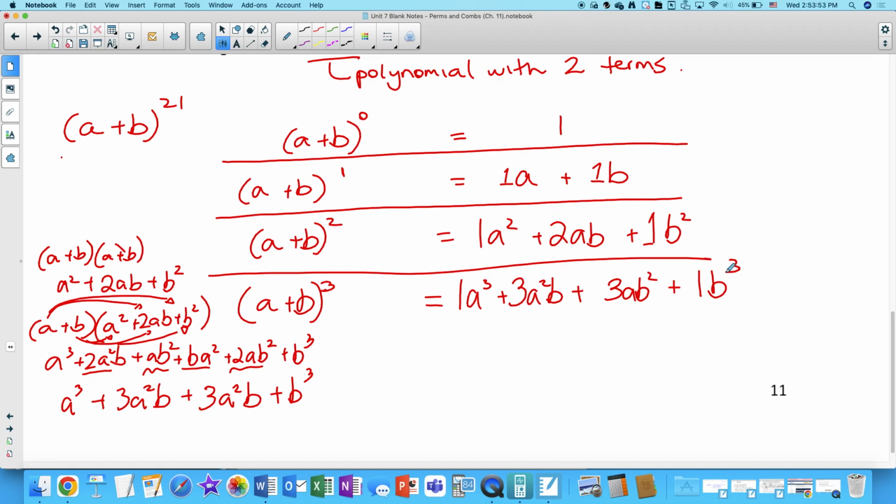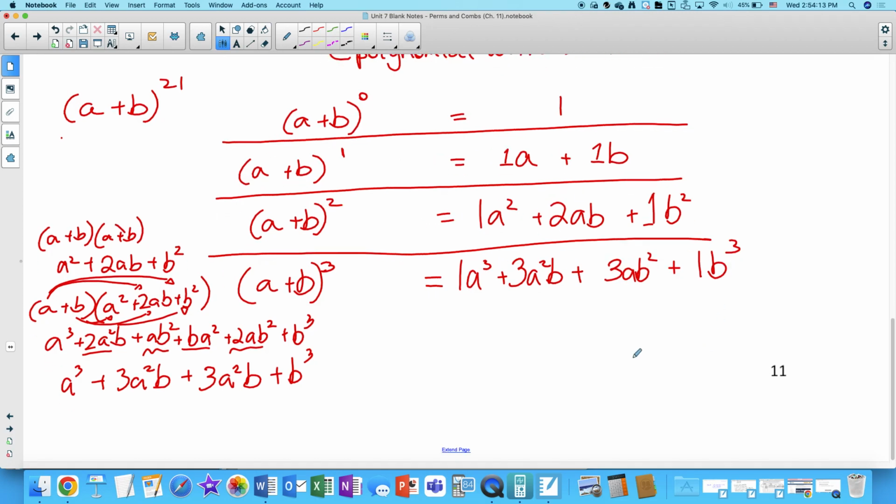Okay, so what do you guys notice? Yeah, the coefficients are the numbers that show up in Pascal's triangle. Okay? Okay, so let's actually try and figure out,